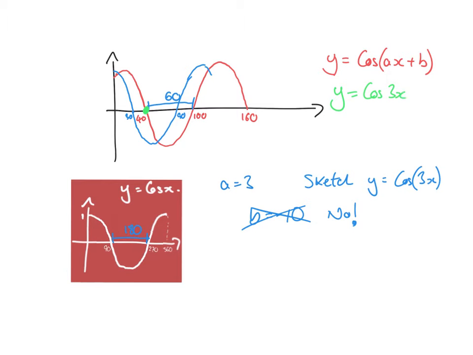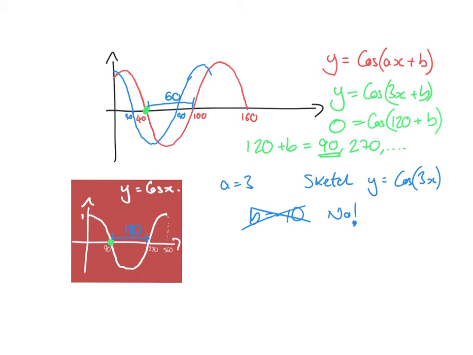Now, what I want you to do when you do one of these questions is to consider the x-intercepts and putting the coordinates into the equation that you are given. You've already found out that a is equal to 3, and you know that x is 40, so putting 40 into that equation, and y is going to be 0 because we're on the x-axis. Now, if we go on and solve that equation, using cos to the minus 1 and a CAST diagram, we're going to get that 120 plus b equals 90,